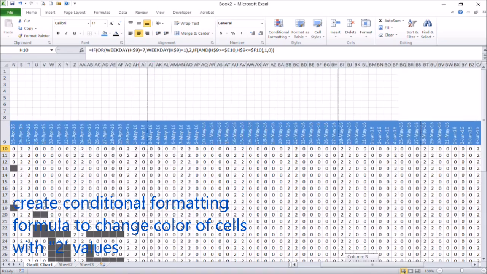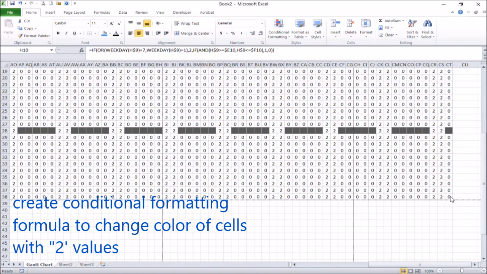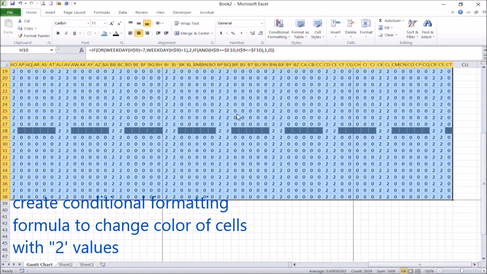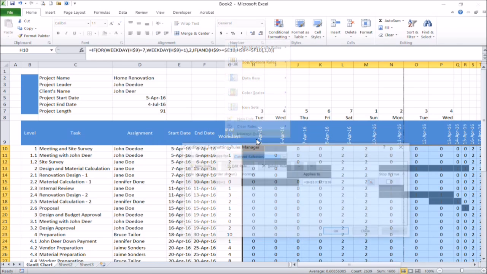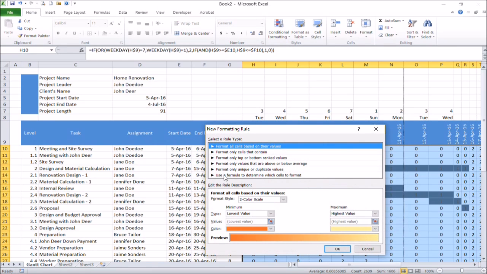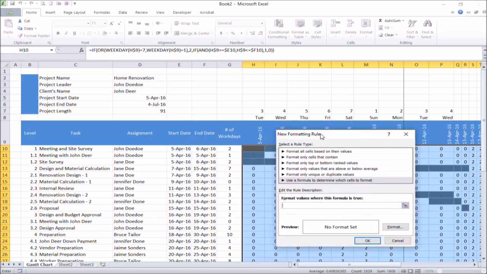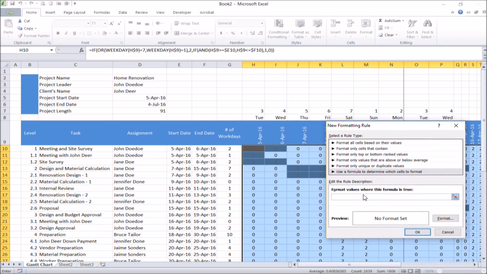Okay, now we can start to create conditional formatting for this value of 2. The steps are basically the same as the steps of creating the conditional formatting formula to show colors when the value of this table is 1. Now we just add another conditional formatting formula that changes the color if the value is 2.